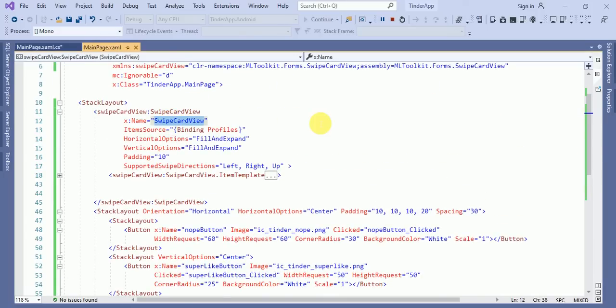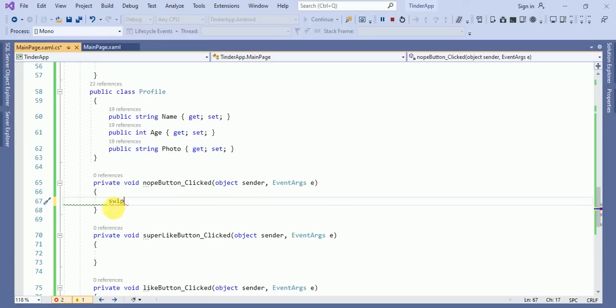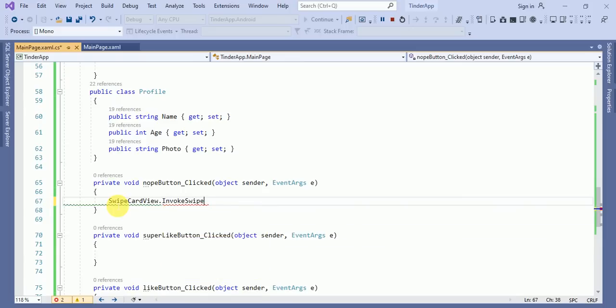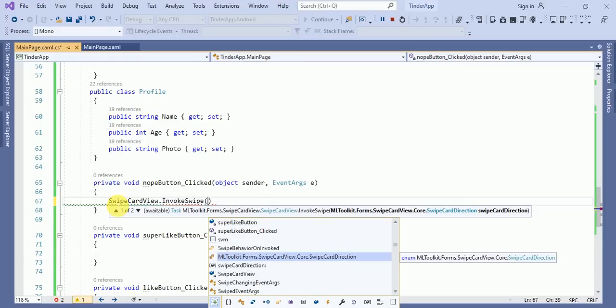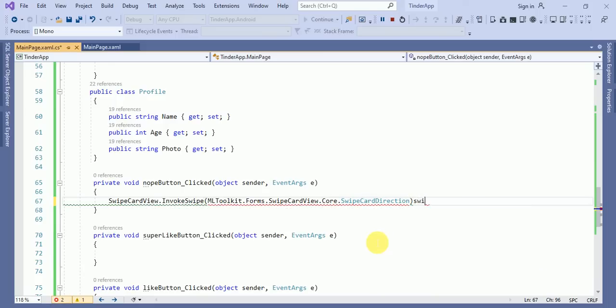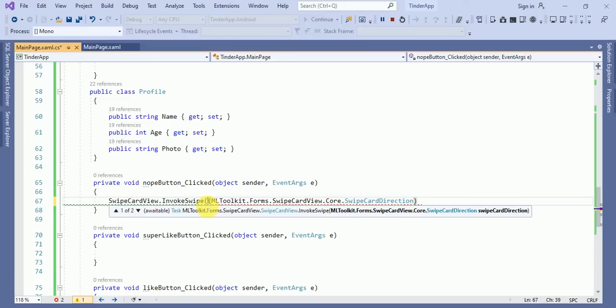So swipe card dot, here invoke swipe, and here you can see it's saying the MAUI toolkit SwipeCardView core SwipeCardDirection, and after that we are casting this, and we will cast it like this.